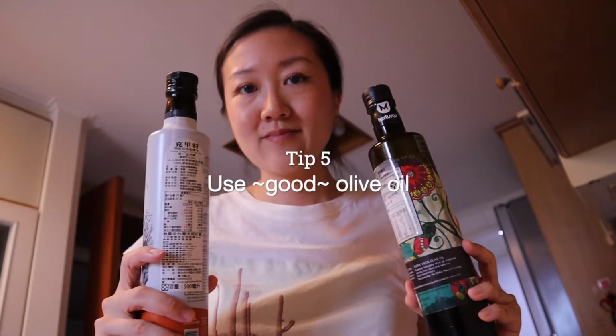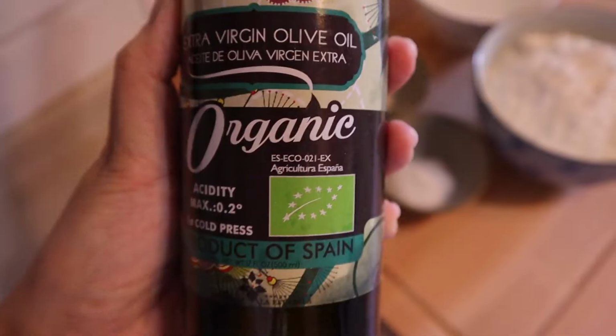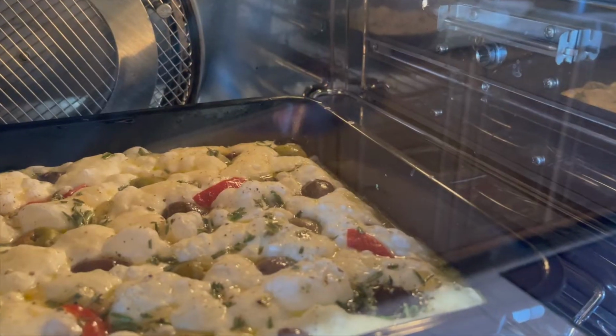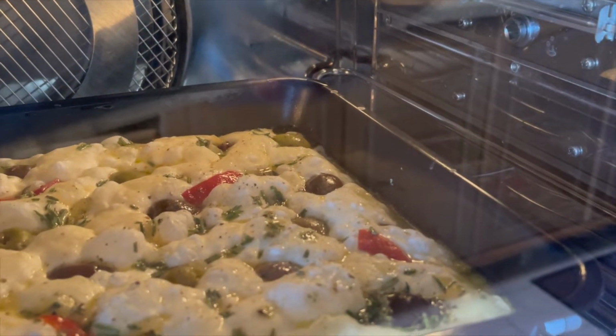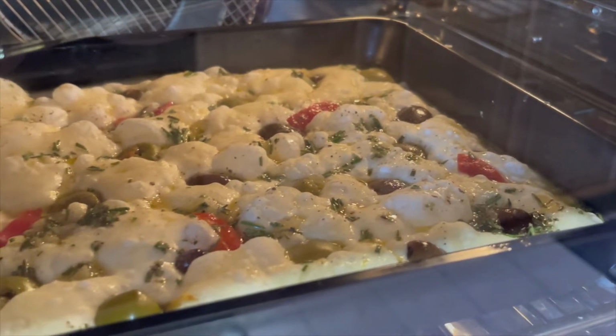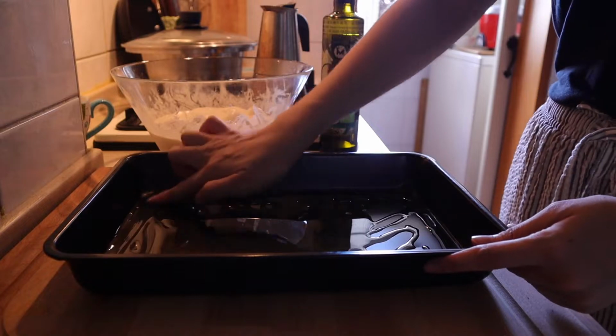5. Use good olive oil. Olive oil is basically the star of this Italian bread, and it's one of the main flavor components. So why not splurge a little and use the good stuff? It'll fry up the dough during baking and make it super rich and crispy. So while it might seem like it's a lot of oil, I mean it is, but oil equals flavor, so